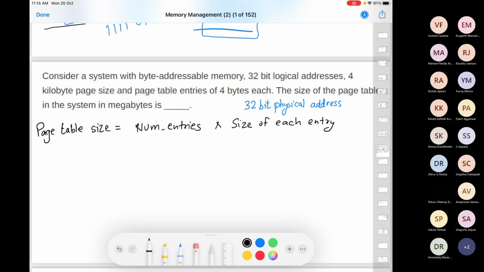And if you remember, the number of entries is equal to the number of pages, and the size of each entry is the number of frame bits in your physical address.